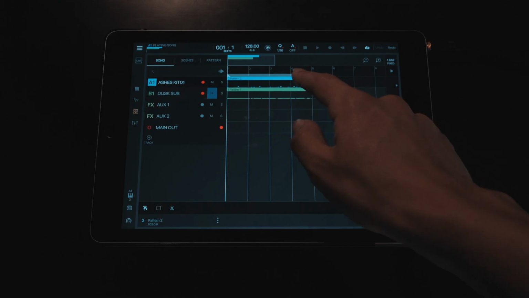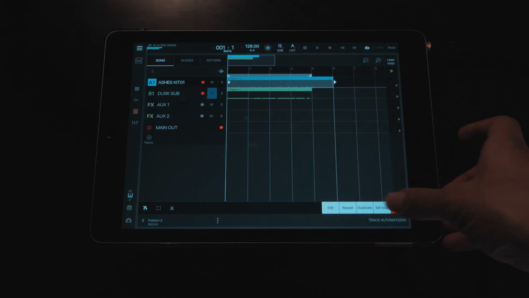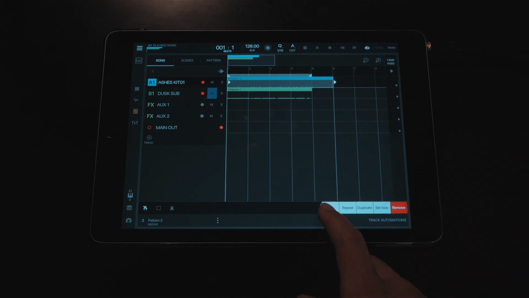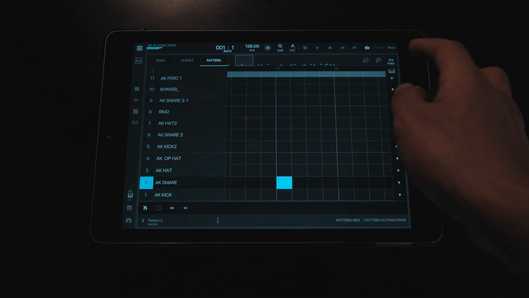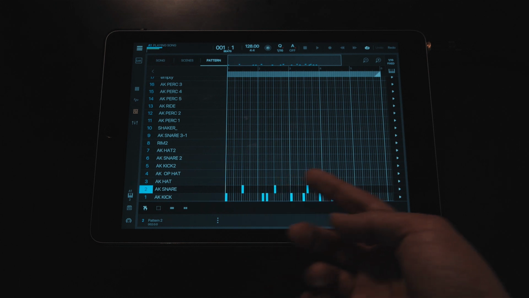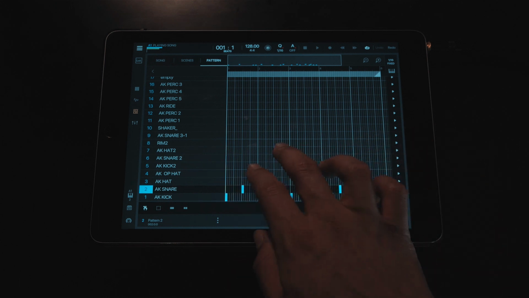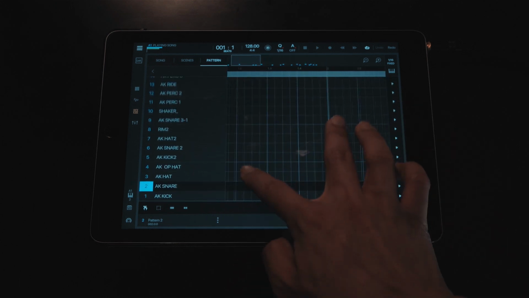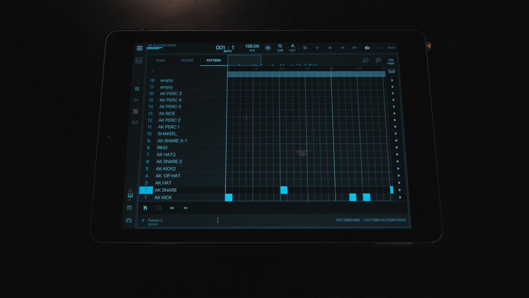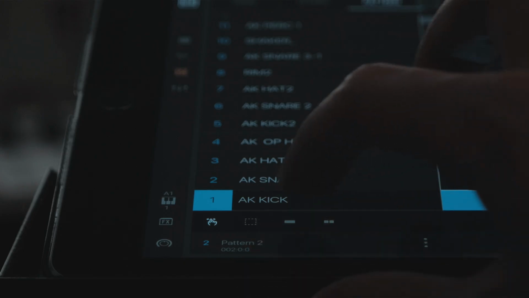Now that we're familiar with our tools, we can begin working on our patterns. Once we tap on the pattern we want to edit, we can see a number of controls pop up below. Clicking the edit button takes us right in, and now we can see an editing grid where our recorded notes are stored. We can zoom in or out to get a better view, and we can see which pads have been recorded by looking to the left, telling us the names of each individual sound.